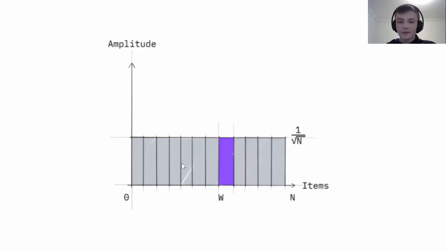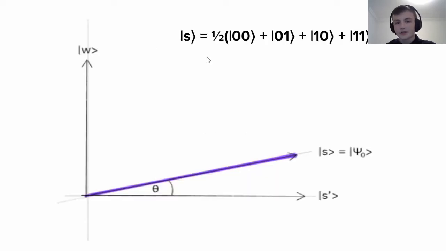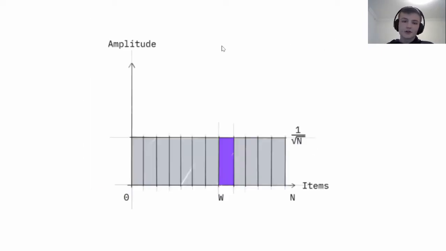Now let's look at the amplitude. Once again, every state has an equal amplitude, as you can see here. 1/2 is applied to every state, and then 1/4 is the probability of it being measured. So it's an equal superposition, and we can see the amplitudes there. And our W has the same probability of being measured as everything else, and our W is in purple, as you can see.